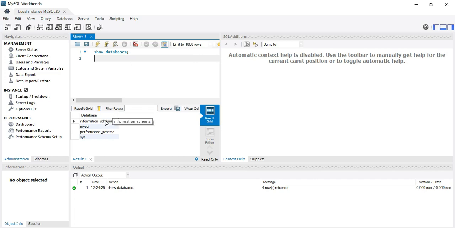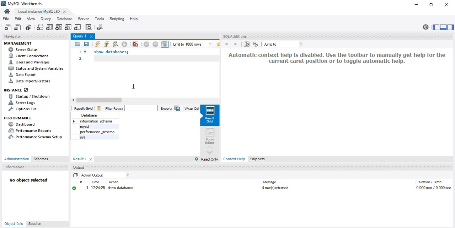Okay, so here you can see it is showing me the default databases I have installed just now. I have not created any database, so it is showing me these 4 databases which are the default ones, and here it is showing me the output, that is time and what query I have executed.